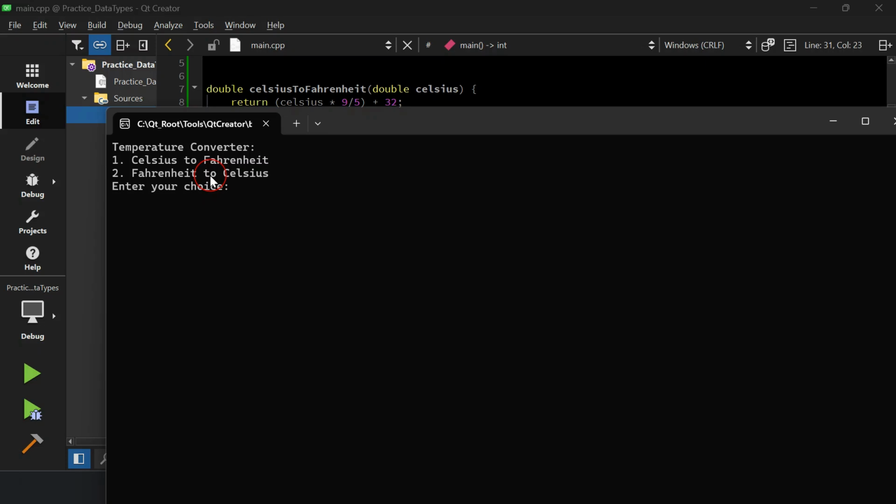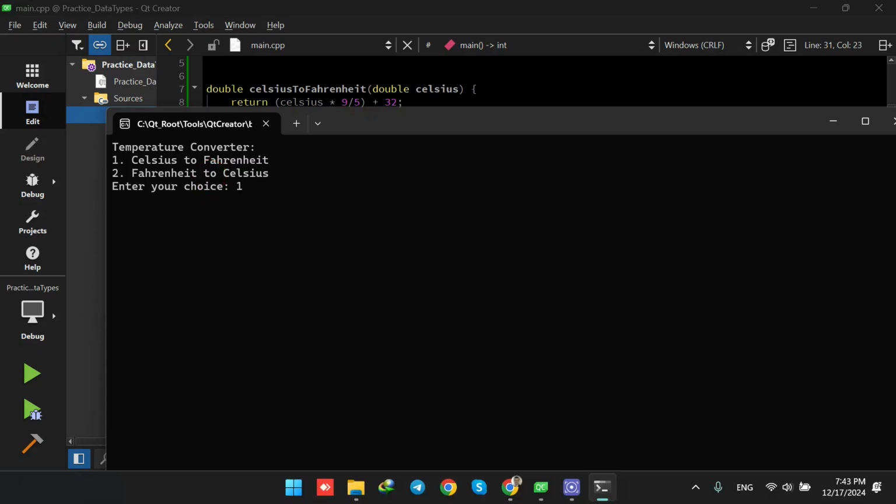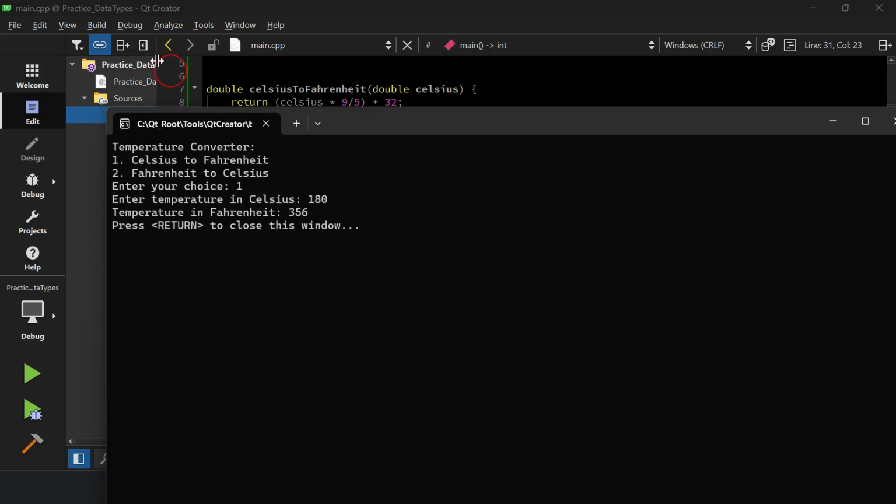And if I enter number 2, it means that I'm going to give a number in Fahrenheit, and then I'm going to get from the program the Celsius value. So I'm going to first click 1. It says enter temperature in Celsius. I would say 180, and when I enter, it says temperature in Fahrenheit, so its equivalent in Fahrenheit is